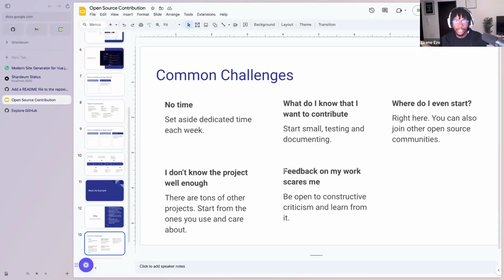Be open to constructive feedback. Sometimes the feedback is not even constructive, let me not lie. Yeah, sometimes it can be very harsh and you feel really bad. But I think those days are really behind us, where people would be really harsh with words, like, oh, you messed that up? Why did you do that? This person, you don't even know anything. I think that was probably sometime in 2015, 2016 when people were using Stack Overflow to troll other engineers. It's not like that anymore. Hardly will you send a PR to a maintainer and the maintainer will just start lambasting you. I don't think that's gonna happen anymore, right?